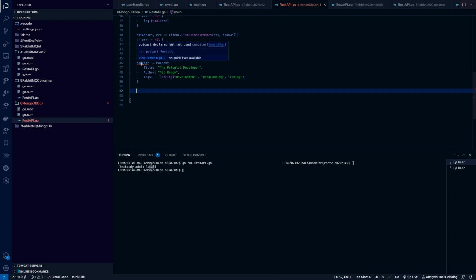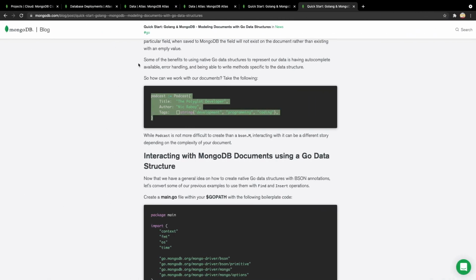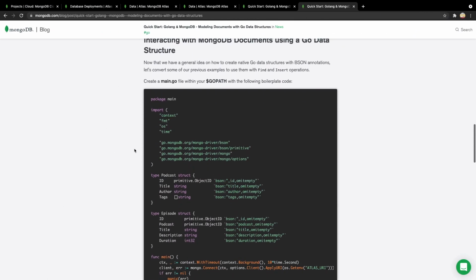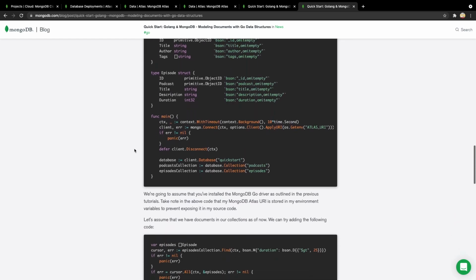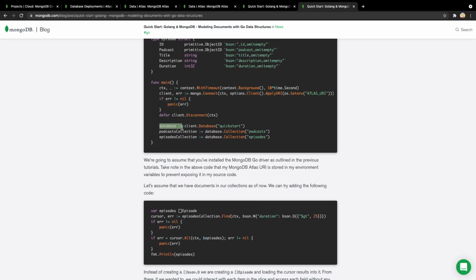And we are getting an error because we have declared it but we are not using it anywhere. So this will be resolved once we use it in the subsequent code. Okay, so this is done. This much we have already completed. Now we need to declare the database and the collection name.